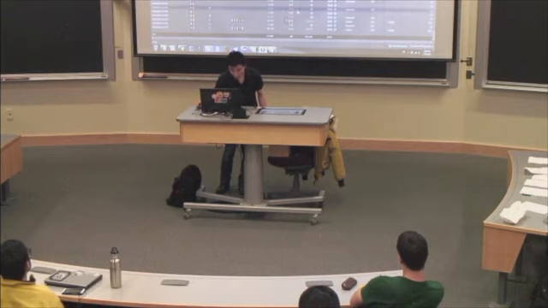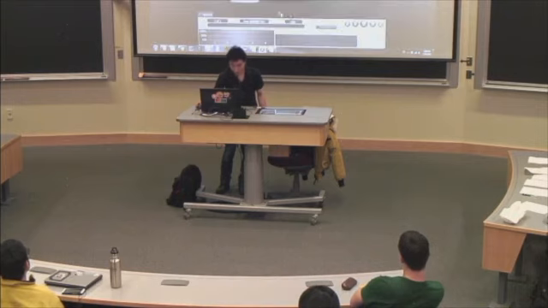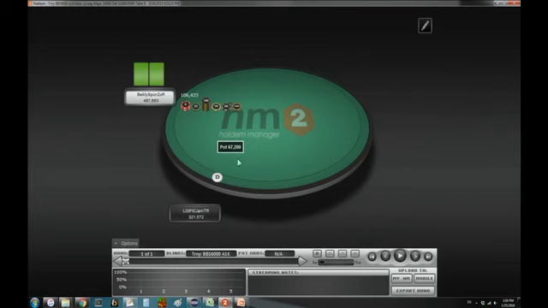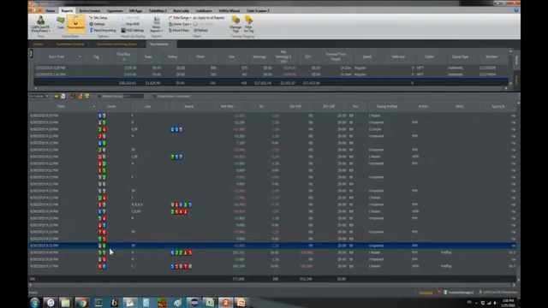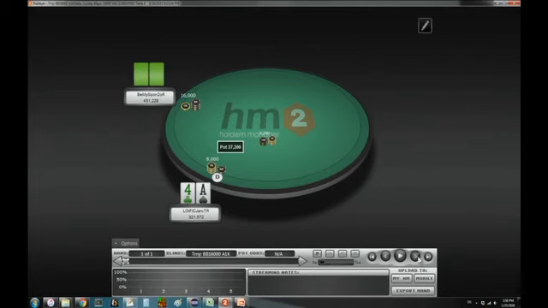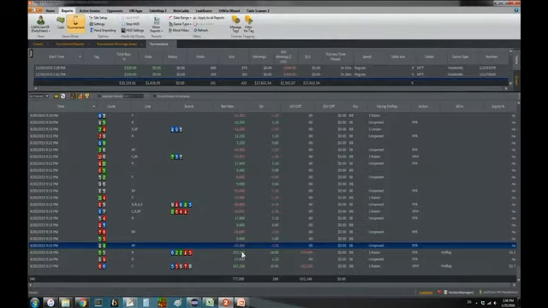So let me see. Okay, so yeah, we lose a bunch of pots because we raise and he re-raises and we fold. So things aren't looking too good. Oh, so I actually made sort of a hero fold here. I think, once again, this is an exploitative play. I would probably never fold this from an optimal strategy point of view. I think an ace in heads up with only 20 big blinds is way too good. But he did just re-raise me 2 hands ago, and I think at the time I just felt like he almost certainly had it when he did this, so I made an exploitative fold